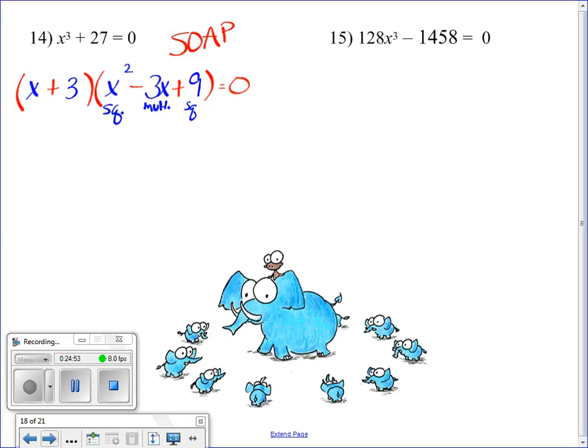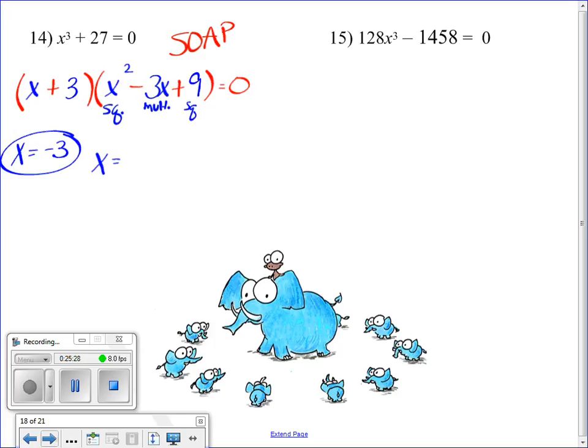Now we need to solve. What's the first answer? -3. All right, well, that don't seem so bad, right? The second part, that will never factor further. Did you guys hear me? Never, ever will that factor further. So if you know it doesn't factor, what do you have to use? Quadratic formula. Every single time. You guys got that? I don't want you to waste time. That will never factor further. You will always have to use